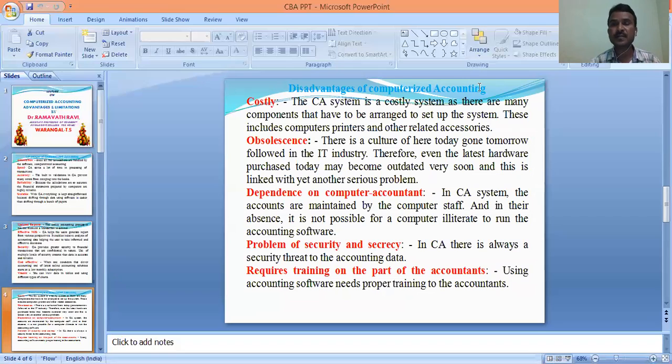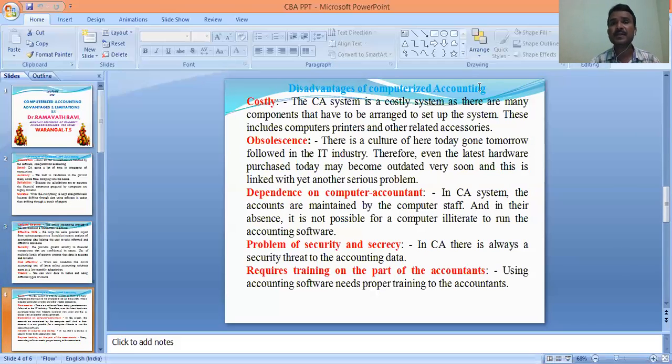So computer purchasing, we have to bear certain costs, and installation of the software also we have to bear cost, and different accessories we need, like printers and other accessories. We need different devices, and an internet connection also we need, and a LAN connection also we